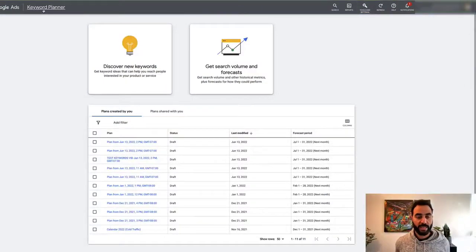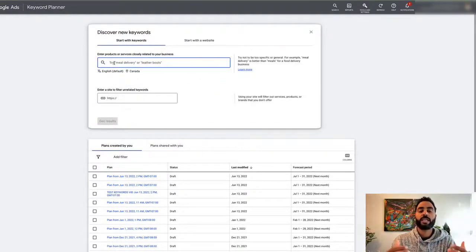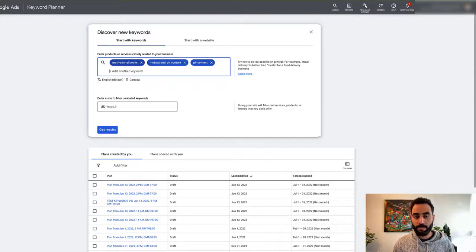Once you do that, you arrive at this page where you get two options: discover new keywords or get search volume and forecast. What we need to do for this step is to click on discover new keywords. In this section, you should enter a product or service that is closely related to your business. Here we target keywords that are broad-based so that we can get a wide range of keywords to choose from